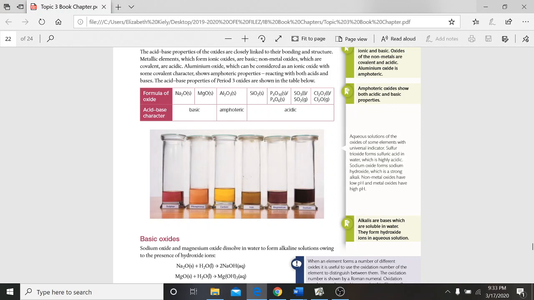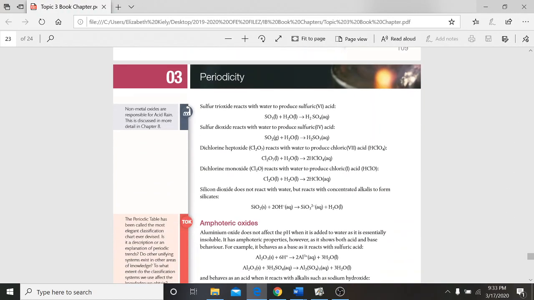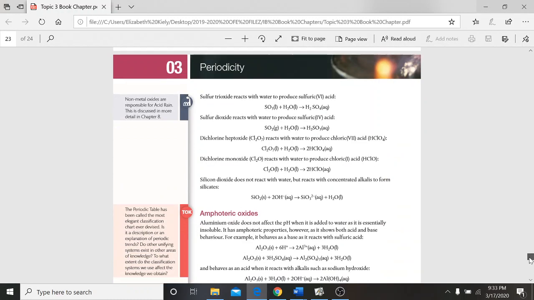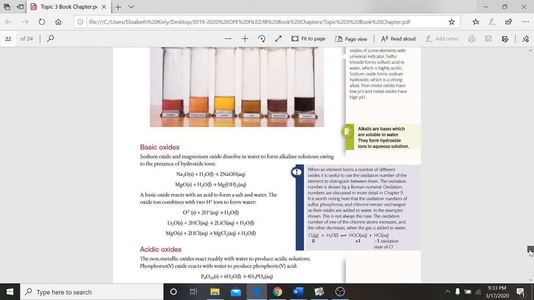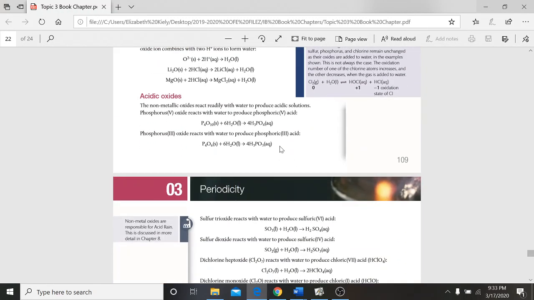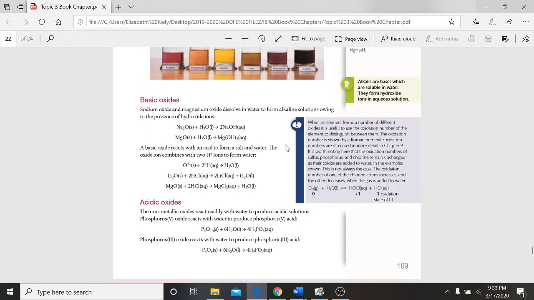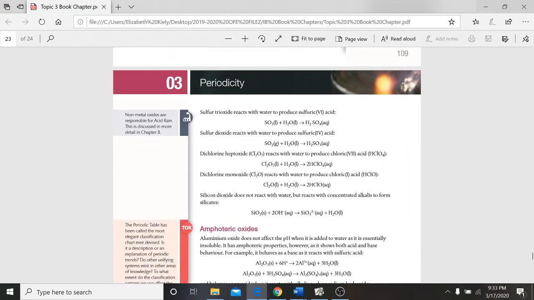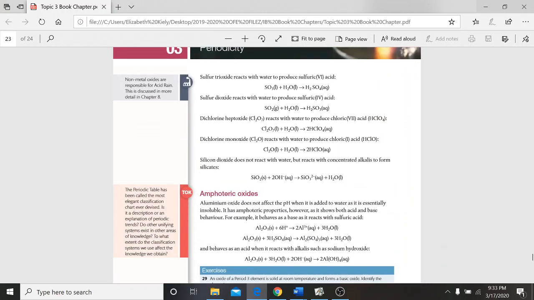P4O10, P4O6, SO3, and all the chlorines here, they always make acidic things, and you'll see that on the next page. The ones that they tend to ask about the most are these. So this is the one they're asking you about here in this question. They ask about these two and these two all the time. Just so that you know,